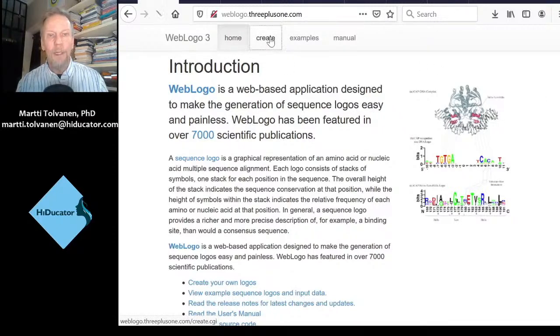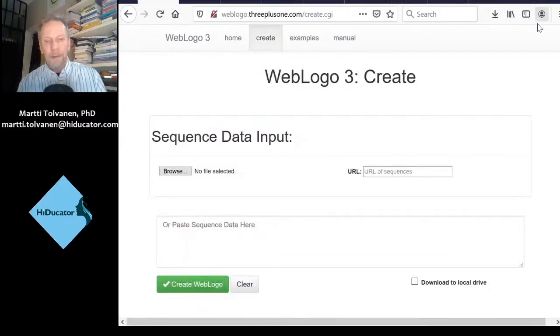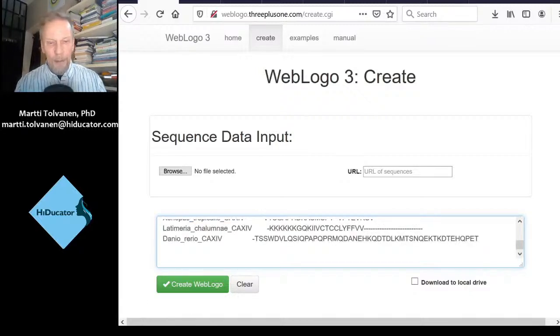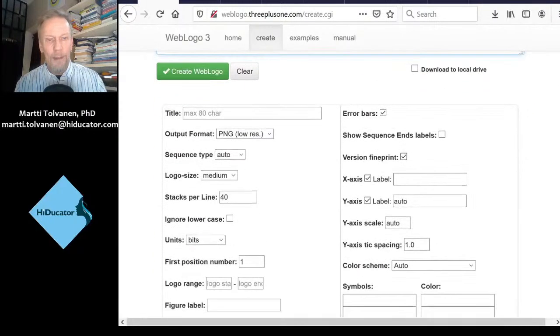We go to creating logos, and I'll just paste the sequence data here. I have the file open in editor, and I just select all and copy, and I'll go to pasting there in the window and create web logo after we selected the